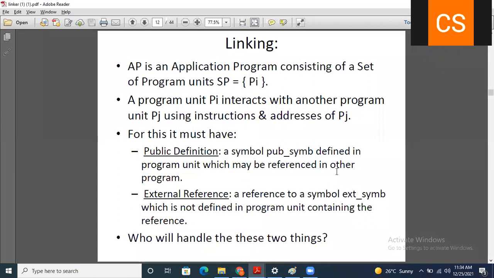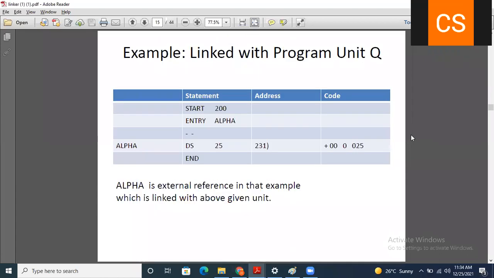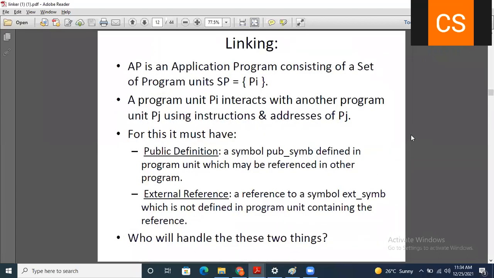Now, how to perform the linking? Okay, I will take these two parts, then I will give a 5-minute break. So how to perform the linking? To perform the linking, we have the application program, which consists of a set of program units. We call it the source program SP, which contains the program units PI.